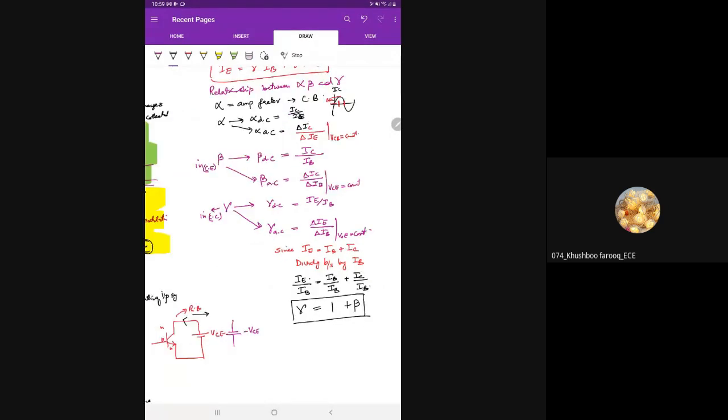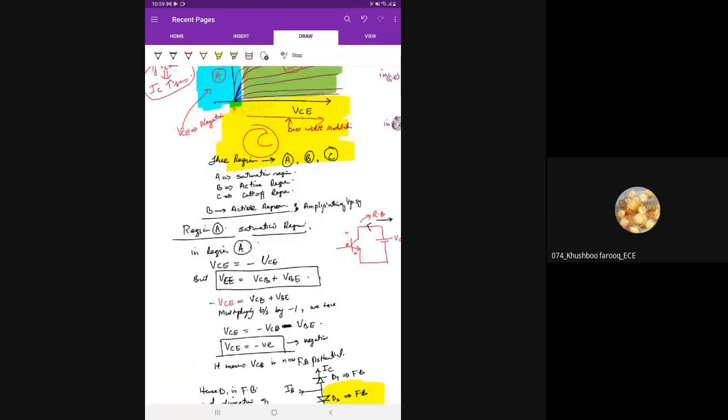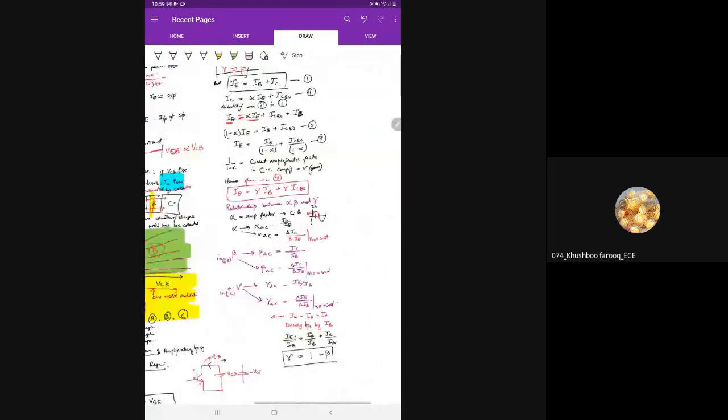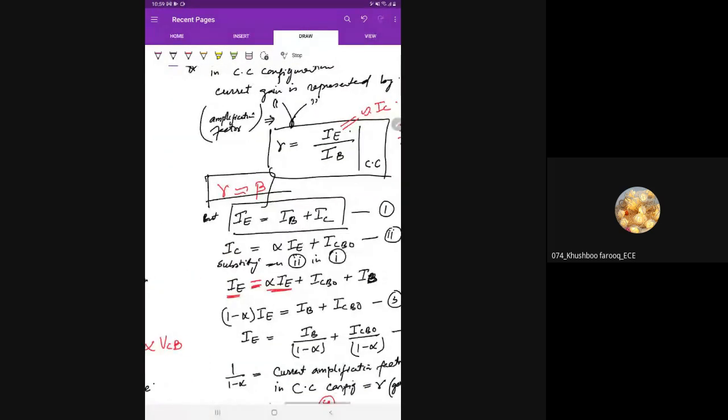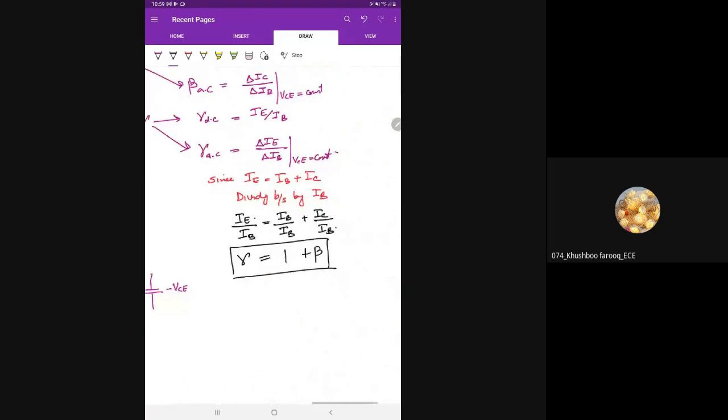If you remember, मैंने कहीं पे आपको बताया था the value of gamma, हाँ यहाँ पे मैंने कहा था the value of gamma is nearly equal to beta, and I said that in fact gamma is equal to beta plus 1. Gamma is always equal to beta plus 1. And we also know that